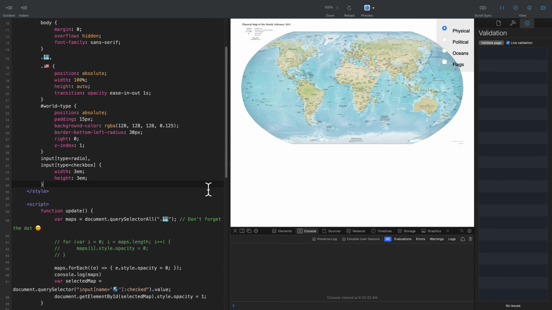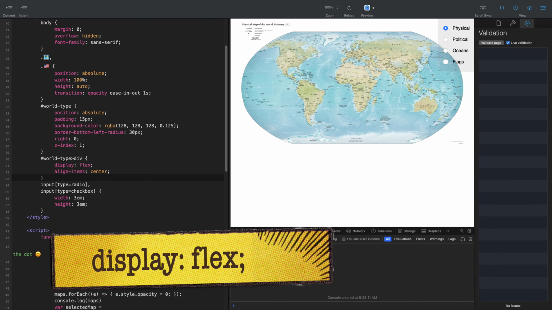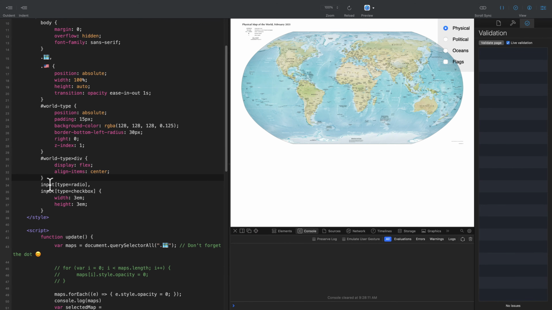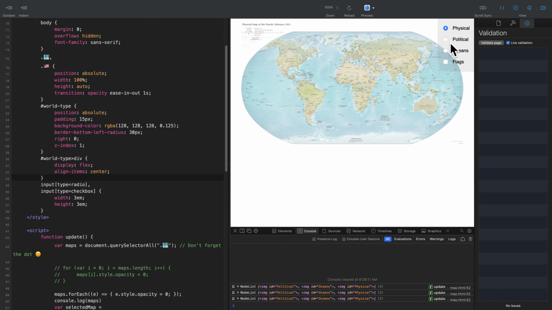Aligning HTML elements vertically centered used to be a nightmare. Now it's easy. Just set the display of the div elements to flex, and then align items to center. That's pretty much it for the CSS for this project. However, I did mention in the Tumult thread that I would discuss data attributes. So one last bit of CSS is added.